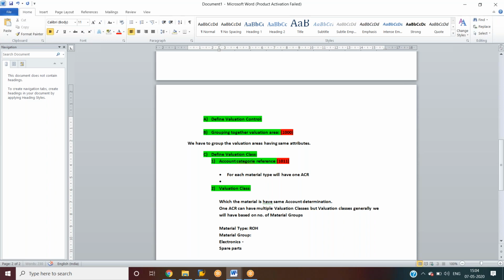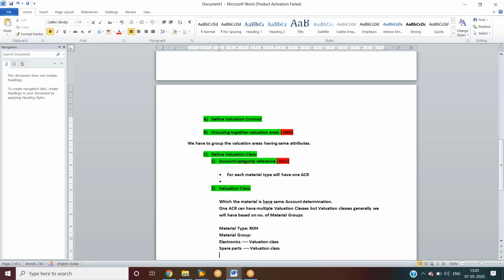Okay, for each material group we'll have one valuation class. For this electronic material group we will have one valuation class, and for the spare parts itself we'll have one valuation class.